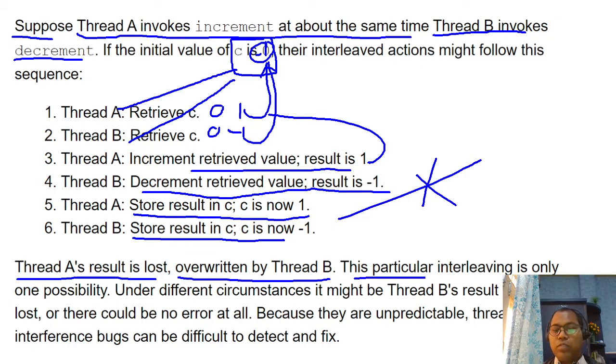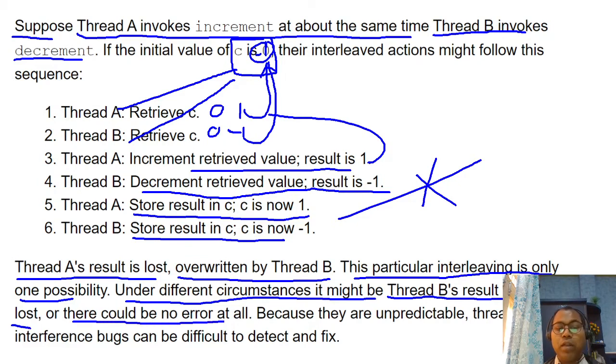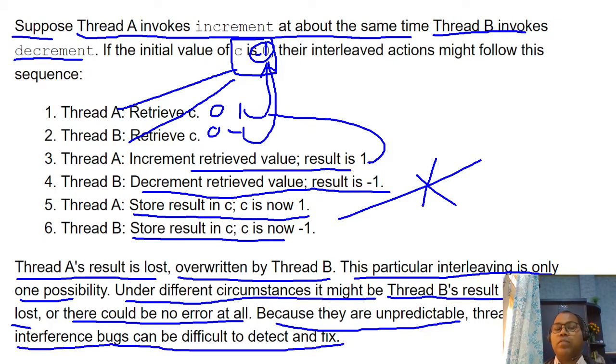In this particular case, interleaving is only one possibility. Under different circumstances, thread B's result might be lost, or there could be no error at all, because they are unpredictable. Thread interference bugs can be difficult to detect and fix.